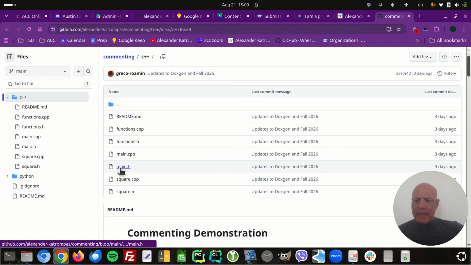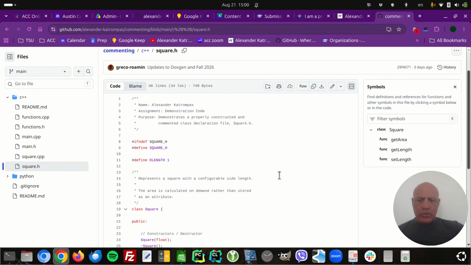Now, so we did main, and we did functions and functions, which are pretty much the same because these are all procedural programming style modules. Now let's look at a class. Okay, so this is going to be a little bit different. So in a class file, and this is where most students screw up. Okay, so most people screw this one up.